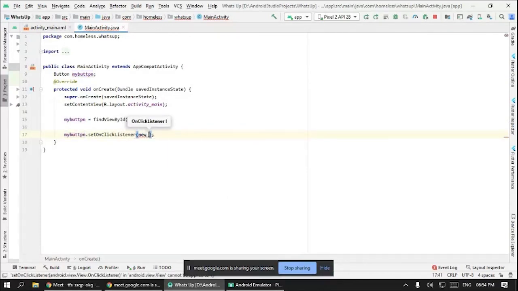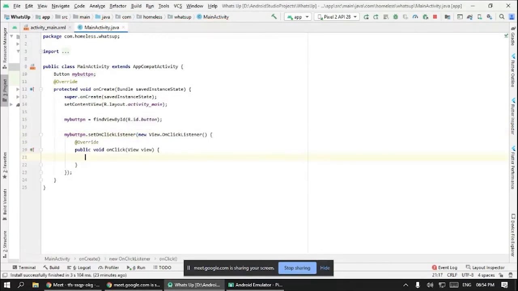This is just a syntax you have to follow along. New OnClickListener, and there is the code done by Android Studio. We want to get something done with the button click.